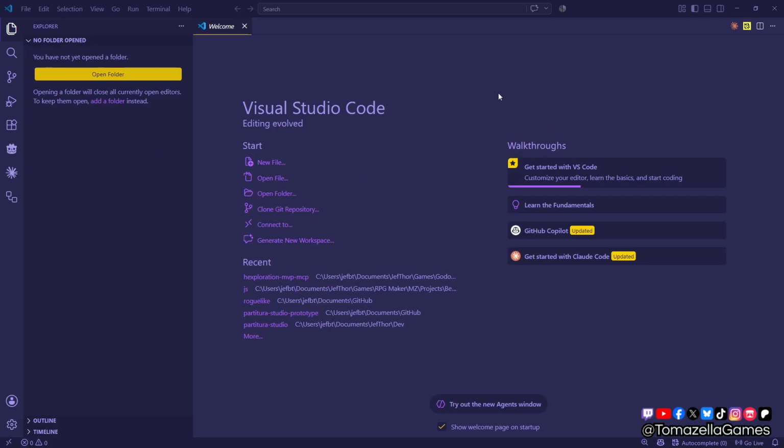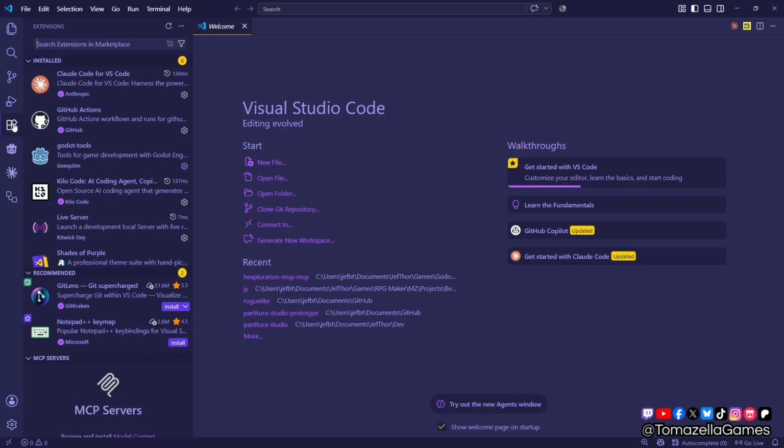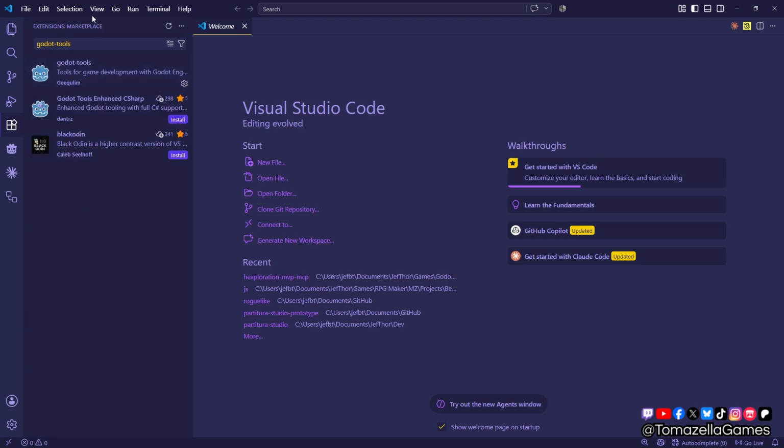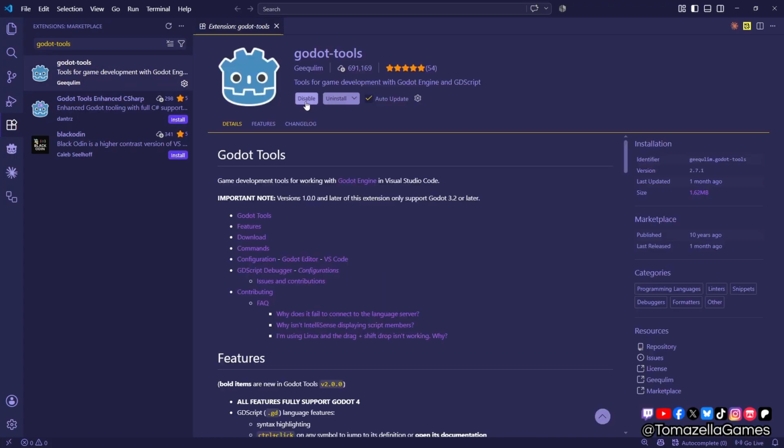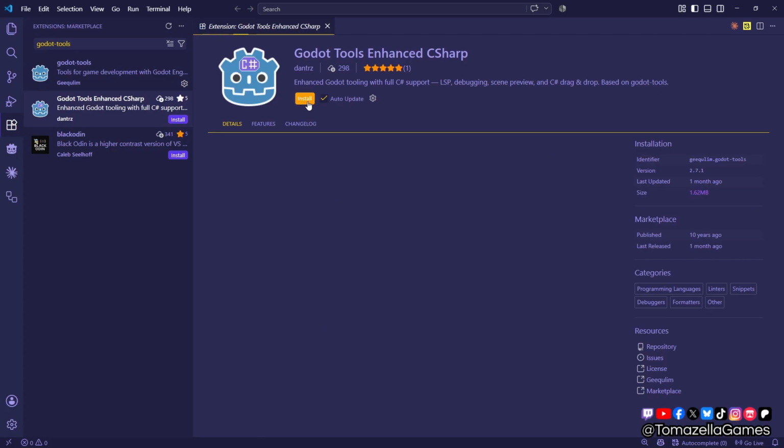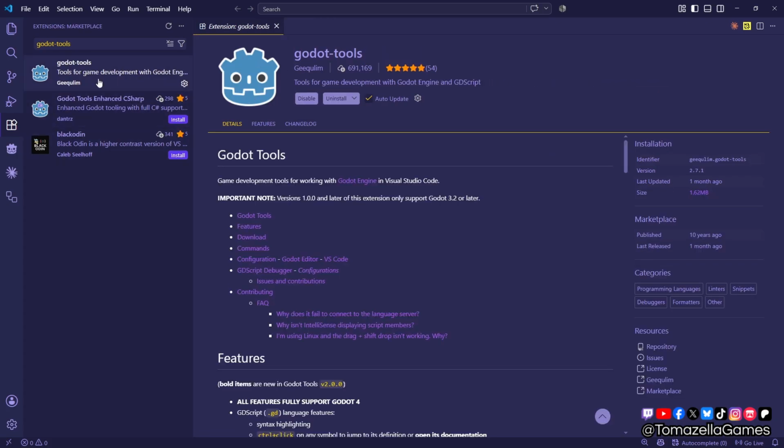freshly installed for you, and you need to install some extensions. So on this left bar here, you go to extensions here. I have them installed here, but what you need is the Godot tools. So you type Godot tools and you install the first one, or if you want to install another, this one has a lot of downloads and it's 5-star rated. So it's great. So you just click install here, and it will be installed. And you do the same